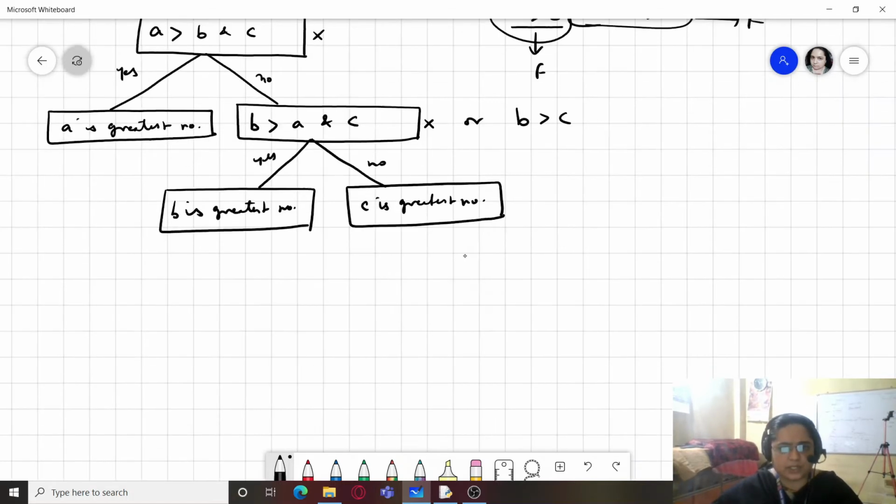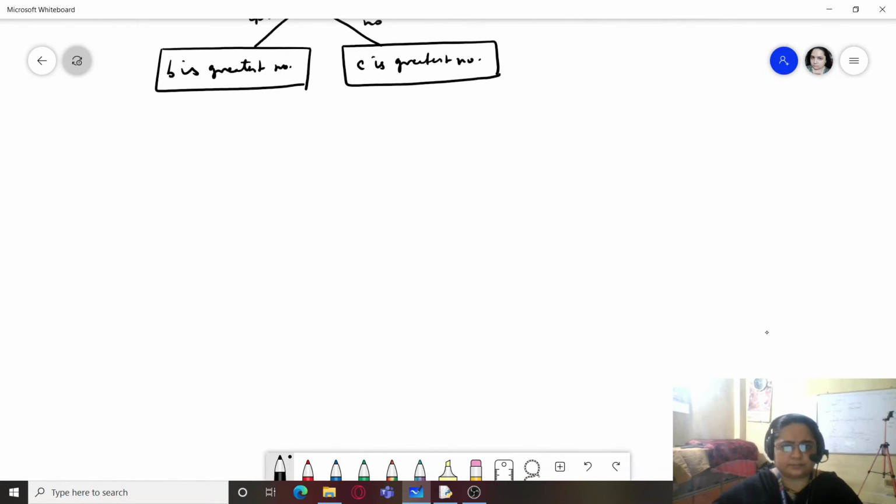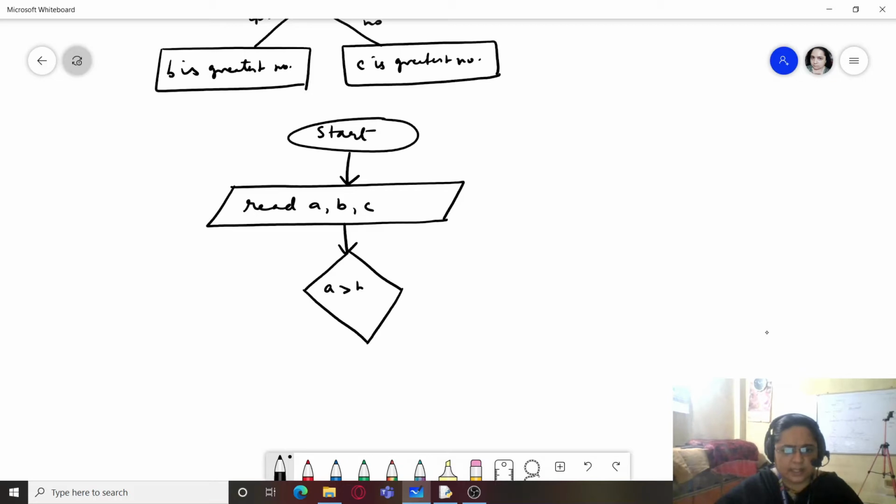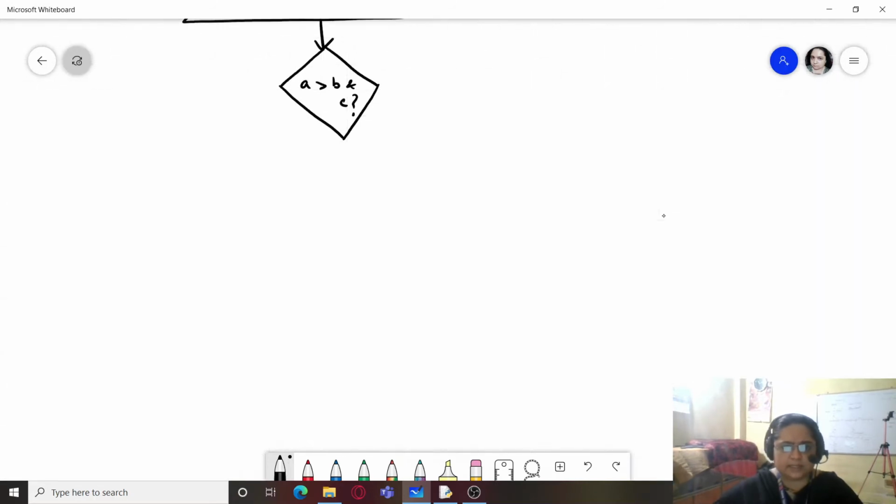Let's draw the flow chart. So start. Okay, read three values A, B and C, and first check A greater than B and C. Whether A is greater than B and C both.